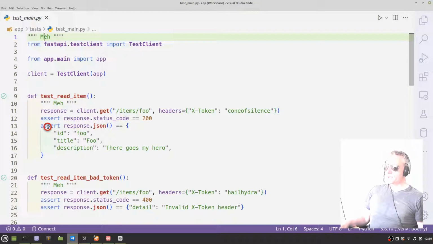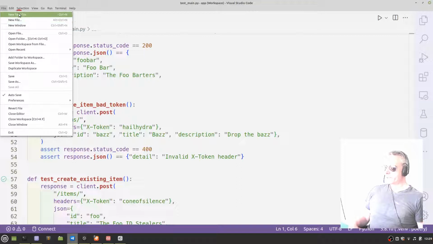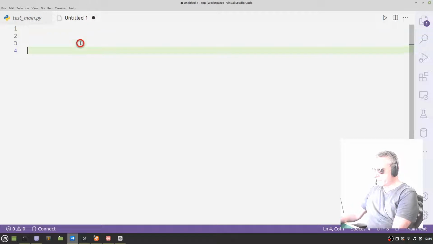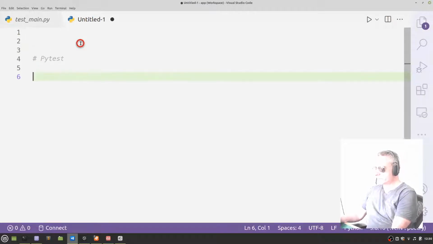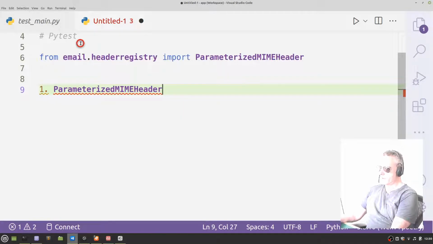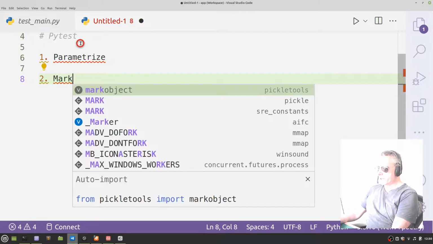Whilst on the subject of Pytest, just a few other little bits and pieces, let's just make a new text file. There's a couple of other things to consider with Pytest. Is, or are, parameterize. I've done a video on parameterize already. Oh, what the hell was that? Two, look at mark. You can mark,